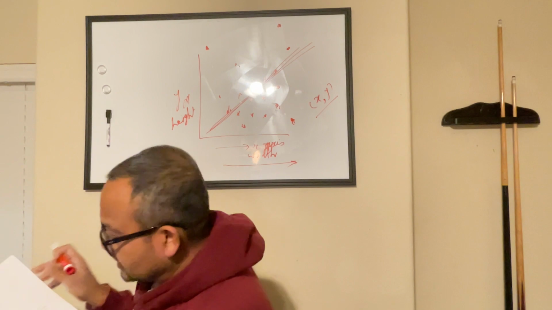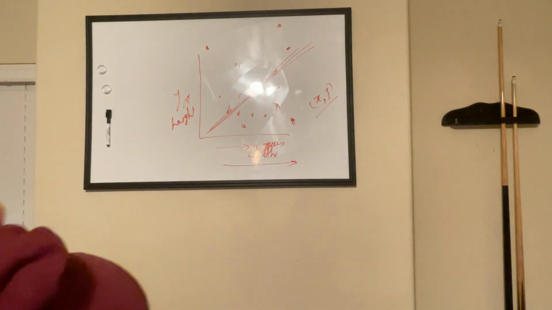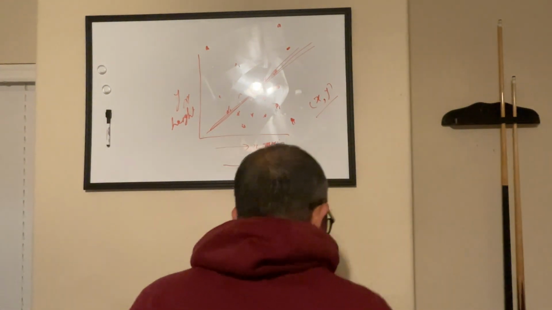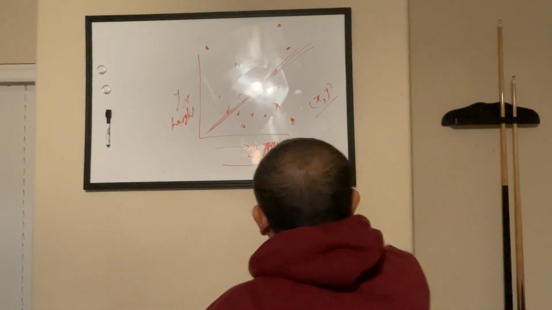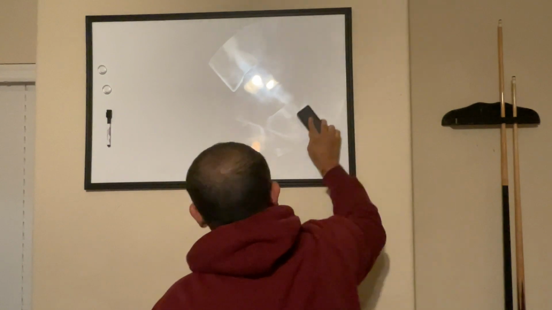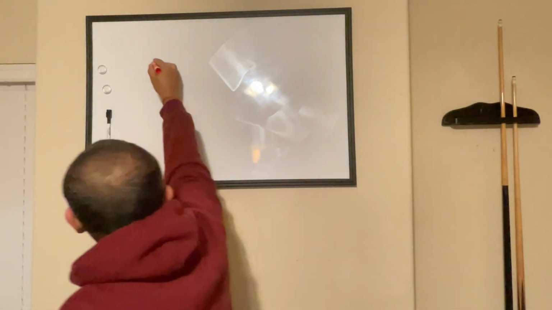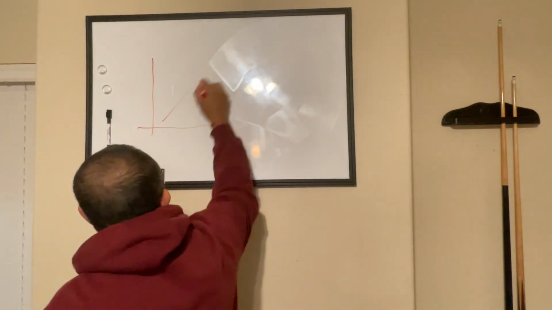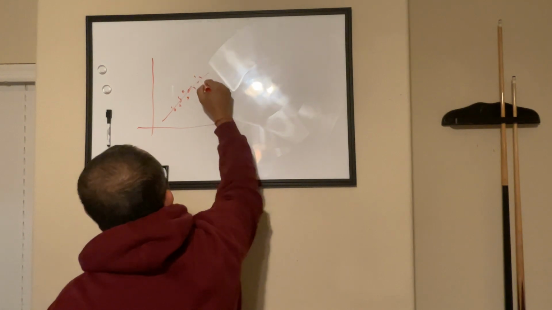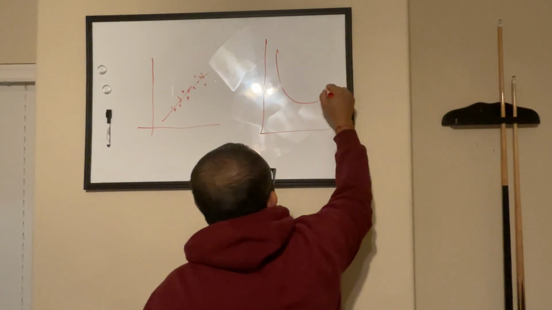Okay, now let's look at this one. This one is a parabola. A scatter plot can be in the form of a linear function, a quadratic function, or an exponential function. So here in this case you have to remember only two things. If you are looking at a scatter plot, meaning data points are like this, or if you are looking at a scatter plot like this,